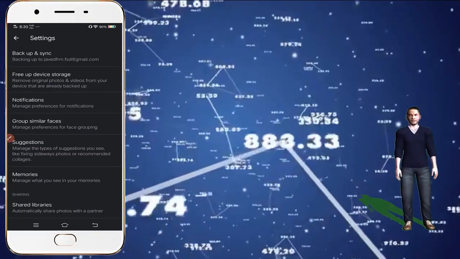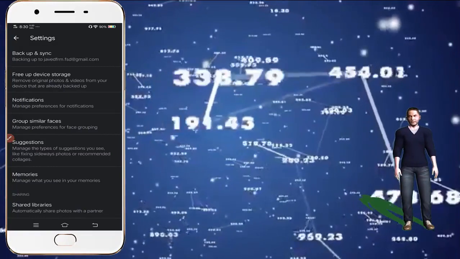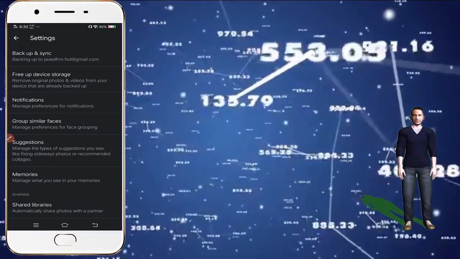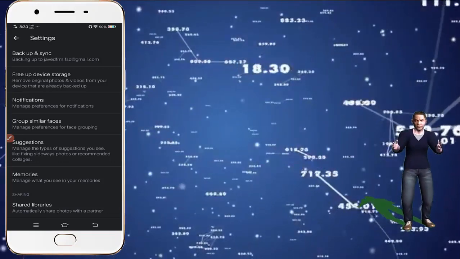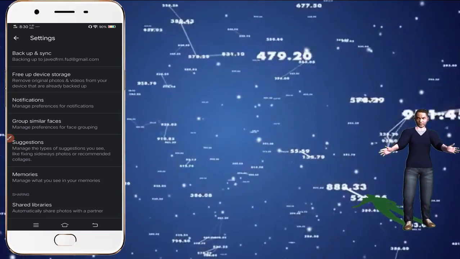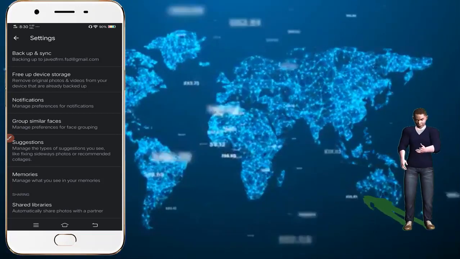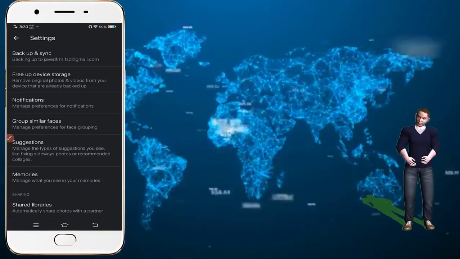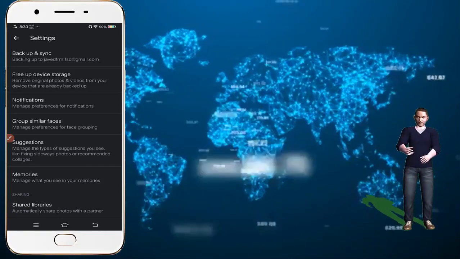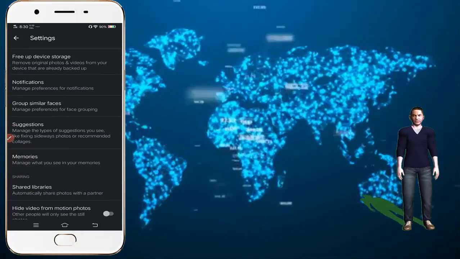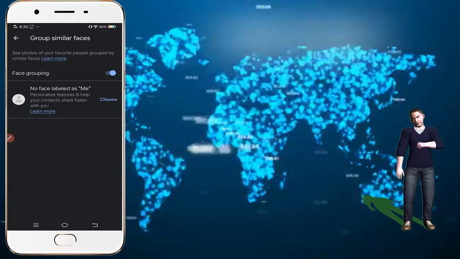The next option is group similar faces. This is a really important function. I just told you about this function. I highly recommend that you turn this option on, because it groups all pictures with similar faces. Like if you captured pictures of you and your parents, it will create three different groups of pictures, separated by face detection, like your mother and father in different folders and your pictures in a different folder. So you need to turn this on, like I already have.